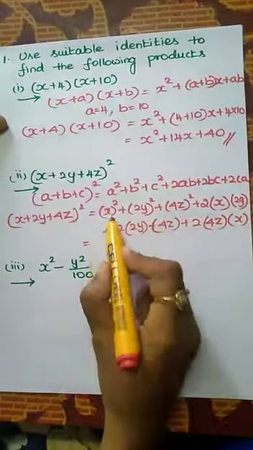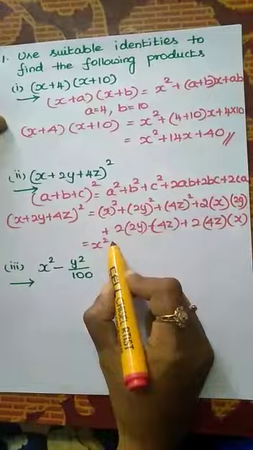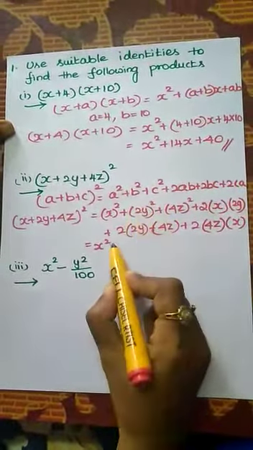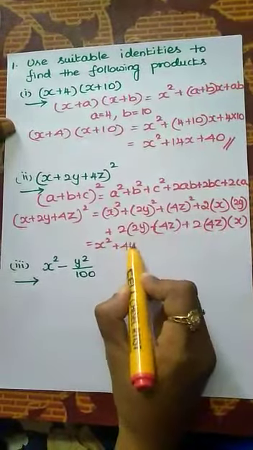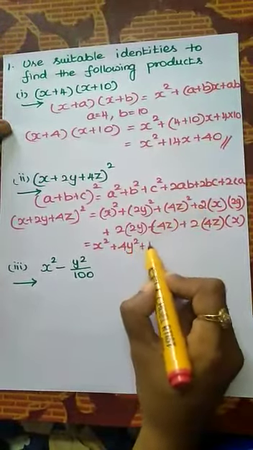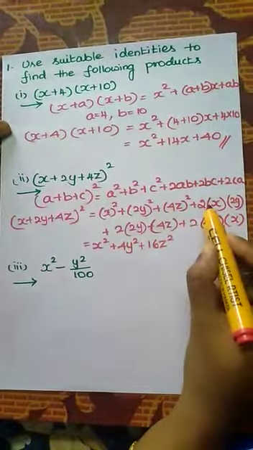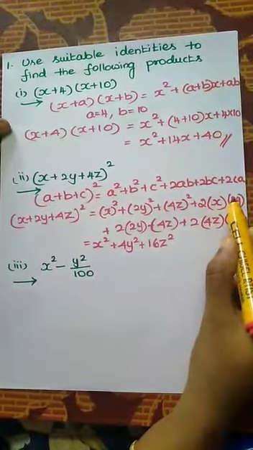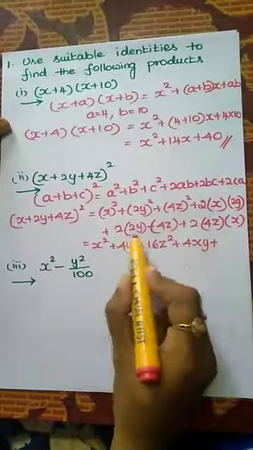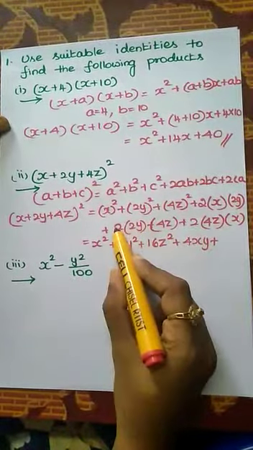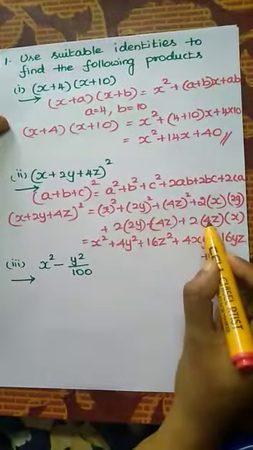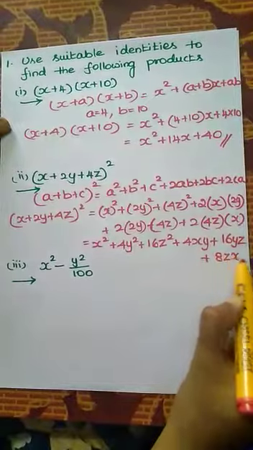Now square the values. What is our first value? X square. Next one, (2y) the whole square. The square value is common for both 2 and y. So what is the 2 square value? That is 4. Directly y square. The next one, (4z) the whole square. 4 square value 16, z square. Next, 2 into a into b. So 2 2s are 4. 4 into x into y, that is 4xy. Next one, 4 into 2, 8. 8 2s are 16. So 16yz. The last value, 2 into 4, 8. So the answer is 8zx.